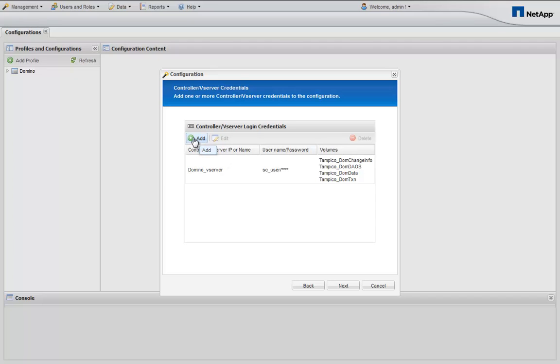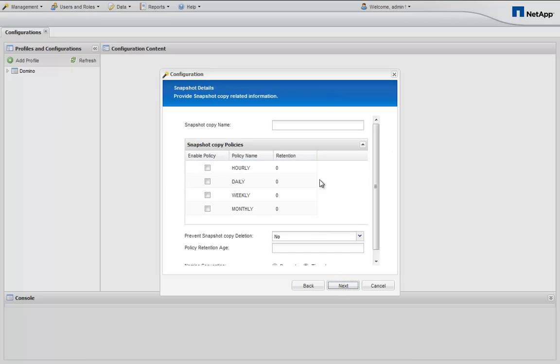Additional controllers or vServers can be added by clicking the Add button. You can also edit your existing selections, or you can delete. Click Next to continue. Now we need to name our snapshot copy. This is quite often the same as the configuration name, but you can customize it if you like. You'll also need to select a snapshot copy policy. For example, if I want to keep 14 days worth of snapshots,